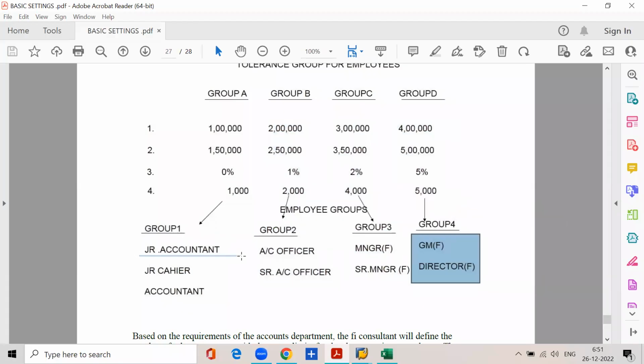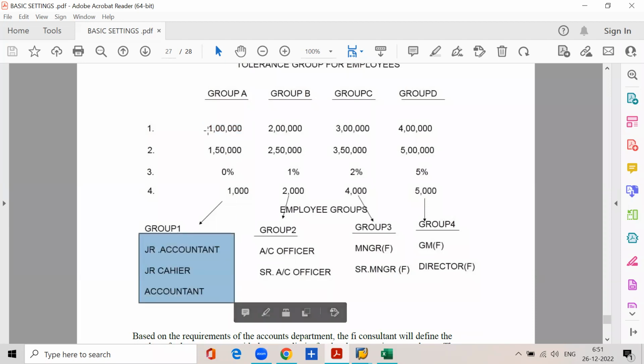As a result, either a junior accountant, junior cashier or accountant can post a business transaction in the GL accounts, vendor accounts, customer accounts, and asset accounts up to an amount of 1 lakh. So if the business transaction amount is more than 1 lakh, these people cannot post because their allowable upper limit